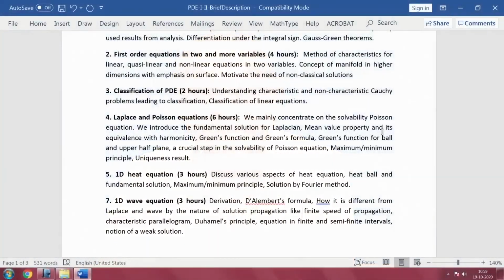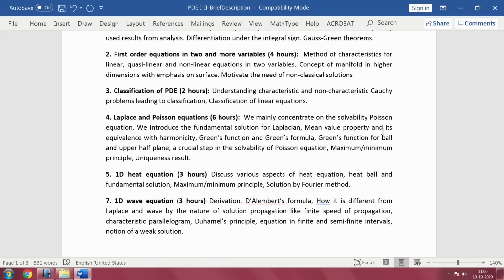Another class of equations is the heat equation and wave equation, and in this first PDE1 we will discuss the one-dimensional heat equation, that means heat equation in one dimension. We will discuss various aspects of the heat equation, we will introduce what is a heat ball, fundamental solution, again maximum and minimum principle, and perhaps solution by Fourier method. We will do this in 3 hours, and then we will do